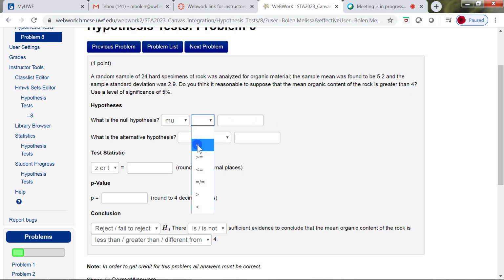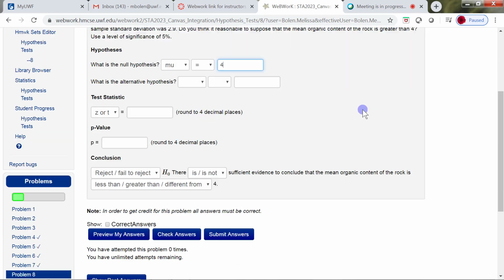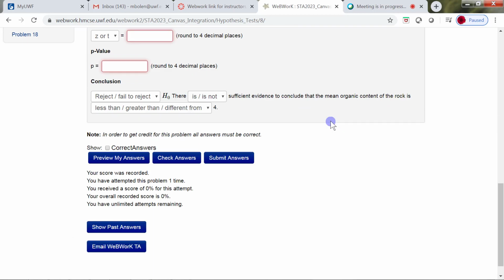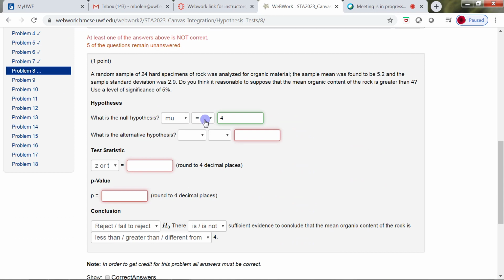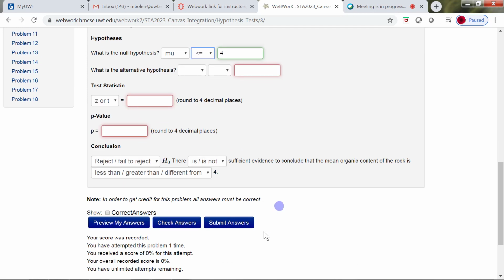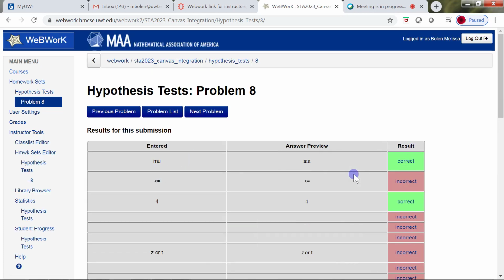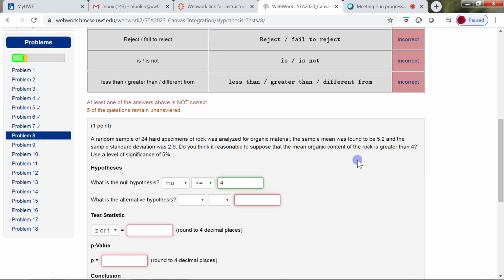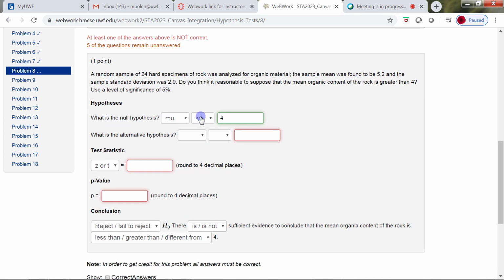So we can put equal, and then this one here is going to be 4. Let's double check this. You could also put this one to be less than or equal to. Let's make sure it accepts it, because it should accept that. See, it's not. That's wrong. That's irritating. Okay, so on your web work, make sure you put equal,